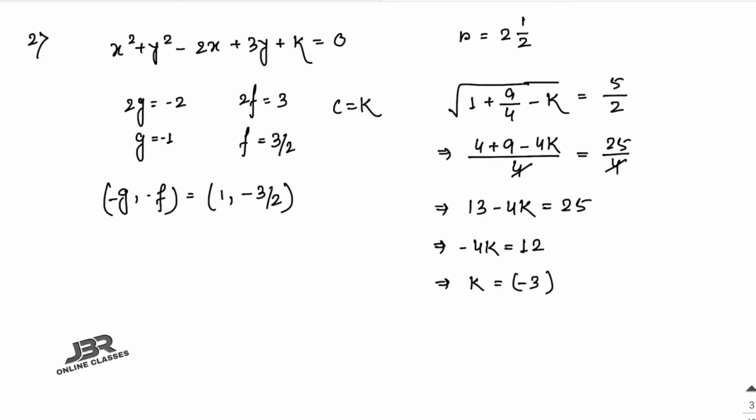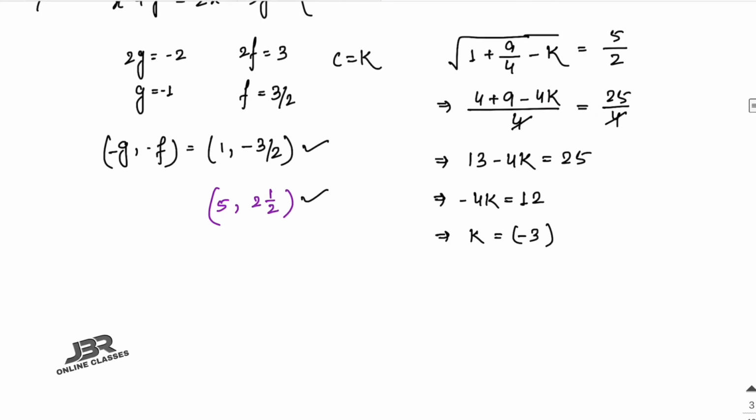Now also you have to find the equation of the diameter of the circle which passes through the point. Here the point is (5, 1/2). So as you have to find the equation of the diameter, definitely the diameter passes through the center and also this point. So you know how to find the equation from 2 points.